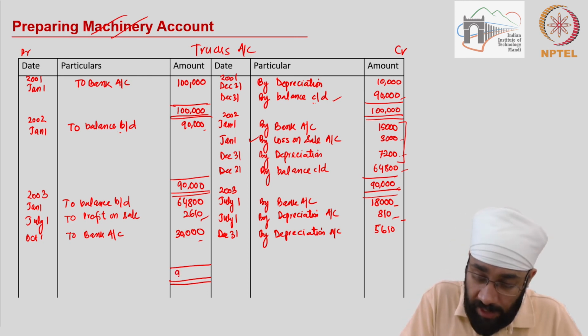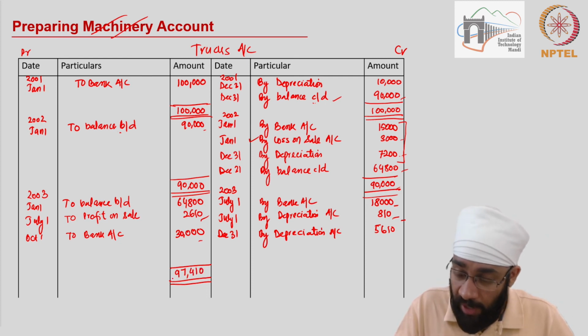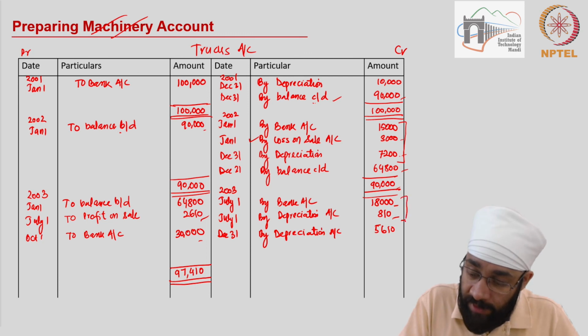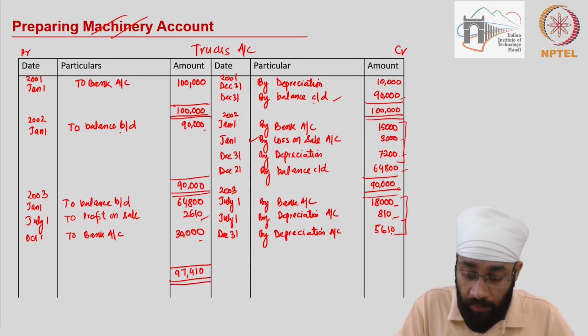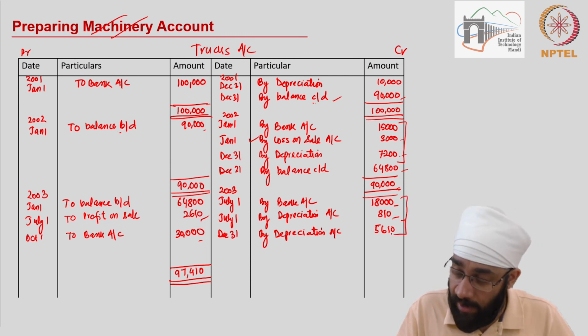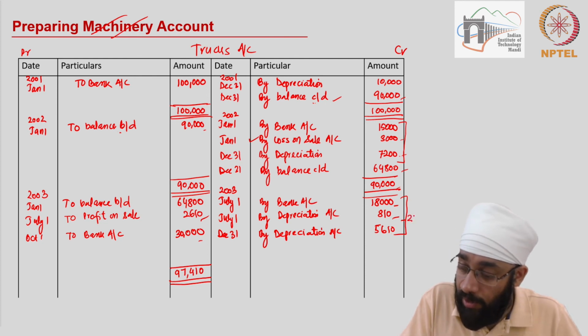So the total is 97,410, and you have to sum up the other side in order to take it out from the total. So you have 18,000 plus 810 plus 5610, which gives you